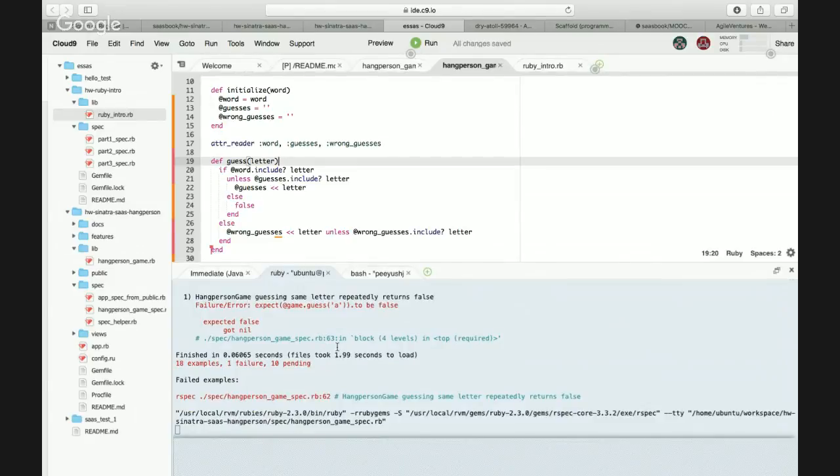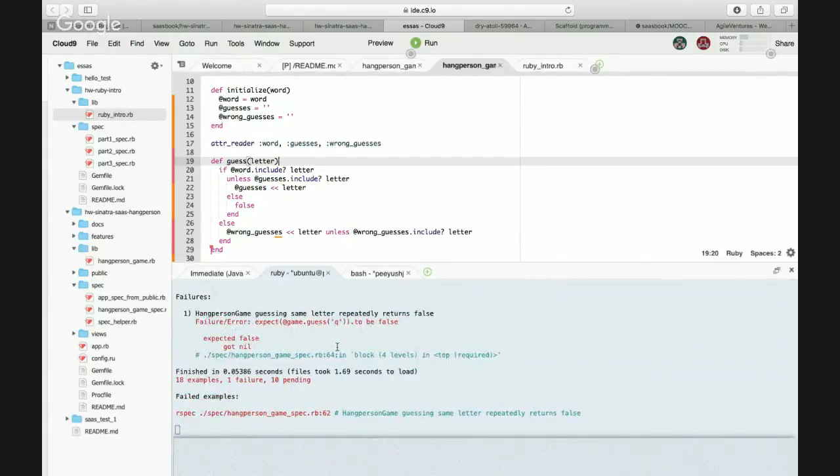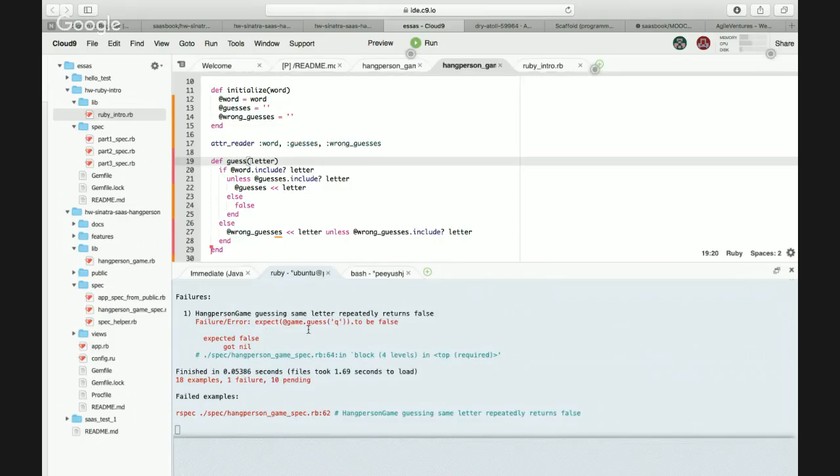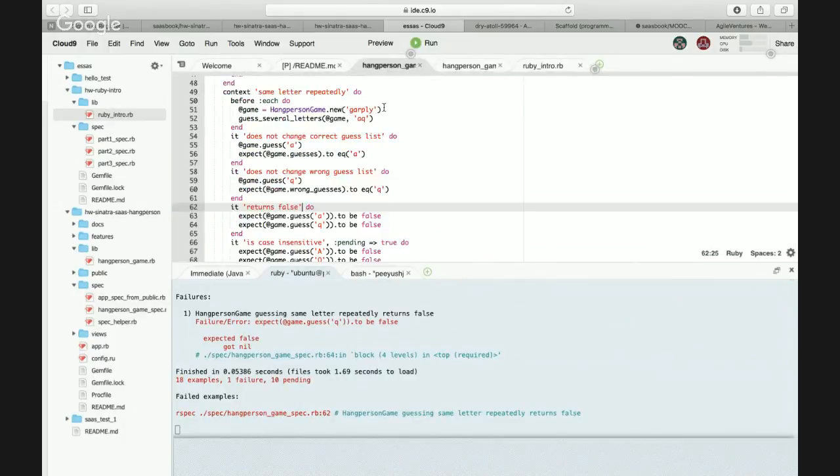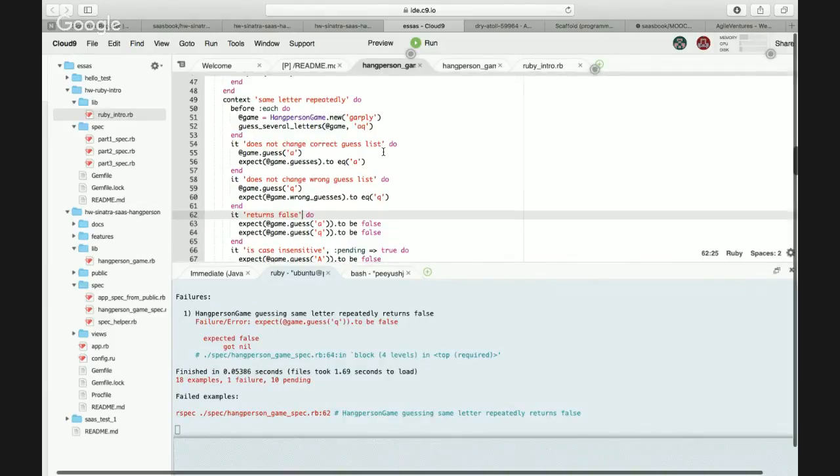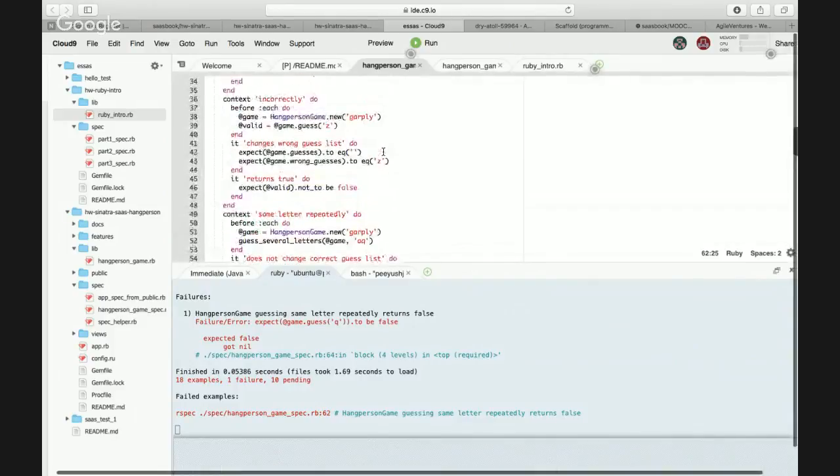Let's see. Still bad. Q, I think. I'm checking that file out. I think Q is already in the wrong guesses. That's why it is failing.